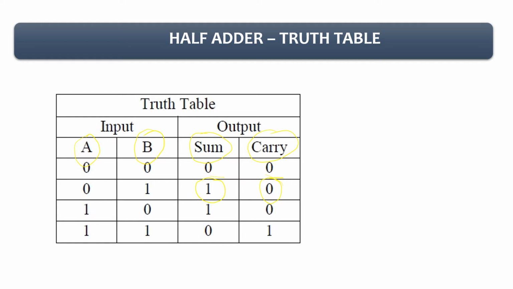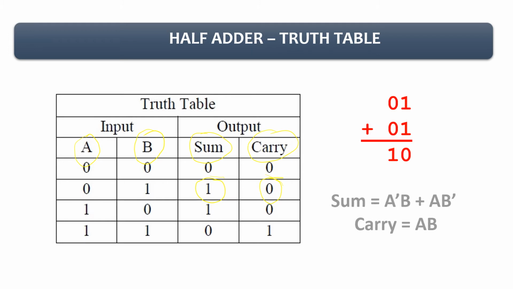So first we will see how to perform the addition operation on bits. As you can see in this small sum, 01 plus 01, I got 10, but how to perform that we'll see in the next slide. And also we will learn how to make an expression from the given truth table. So let's see how to calculate addition on bits.